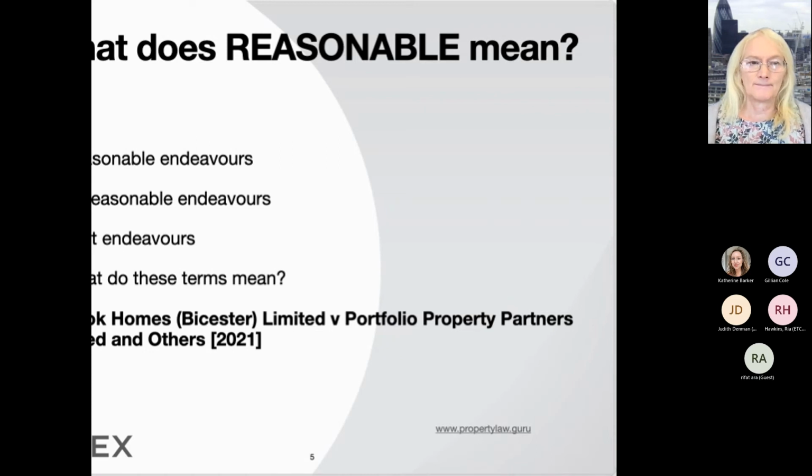So on page 14 of my notes, options need to be registered to be binding on the seller. If it's an unregistered piece of land, then it's a C4 land charge. If it's a registered piece of land, then you can either have a...